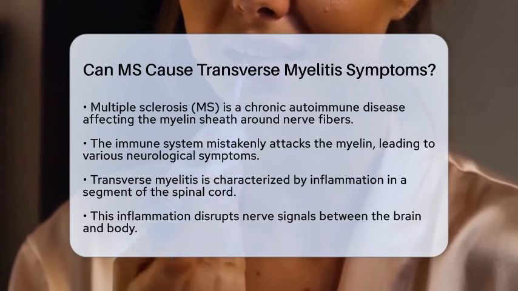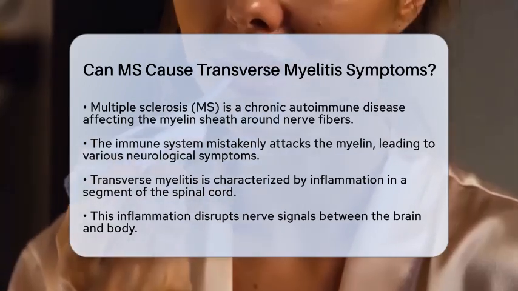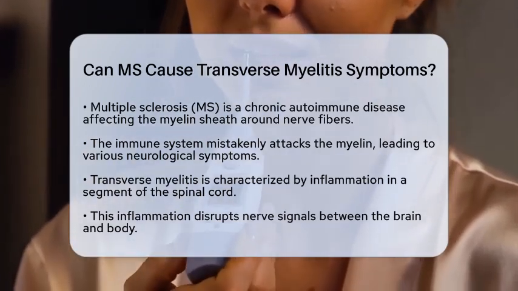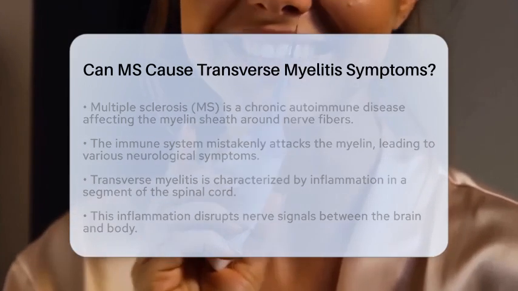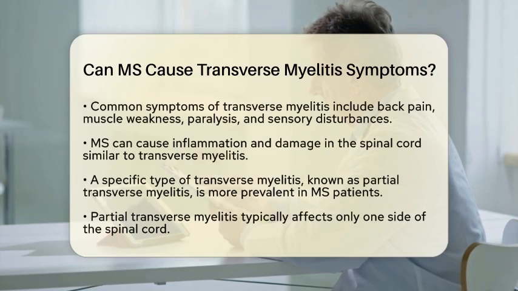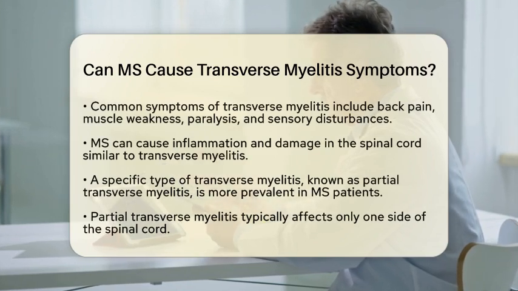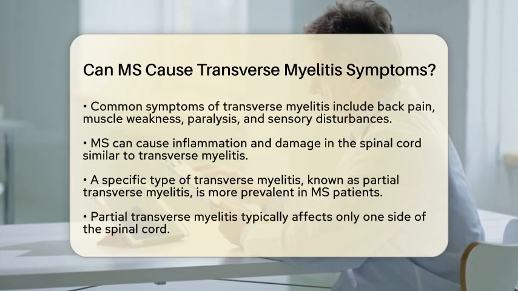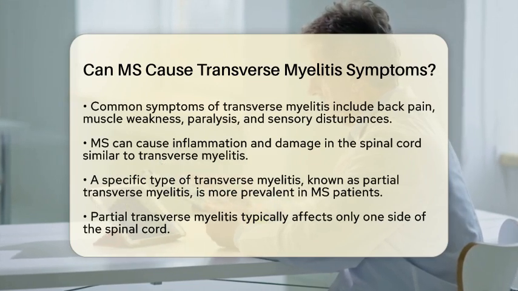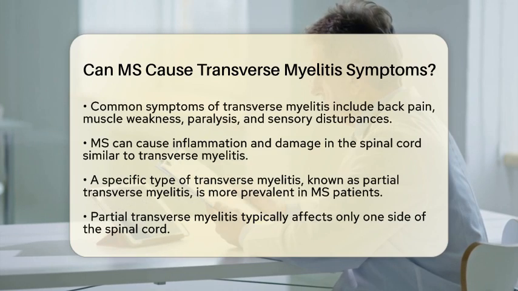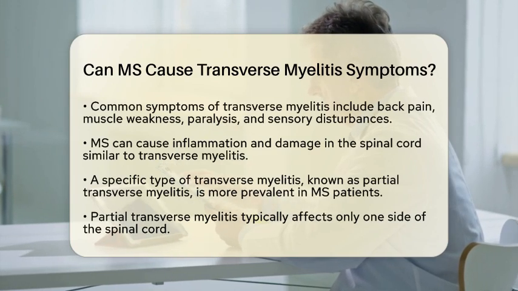Transverse myelitis, on the other hand, is characterized by inflammation across a segment of the spinal cord. This inflammation disrupts nerve signals between the brain and the rest of the body. Common symptoms of transverse myelitis include back pain, muscle weakness or paralysis, sensory disturbances, and issues with bowel or bladder